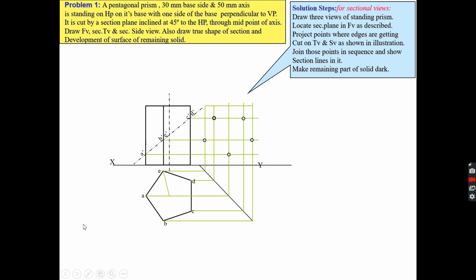And from the top view you can see this point E and point B. If you look at the solid from this side, your edges E and B will also be visible to you, and the edges D and C are at the back side of the solid, so these two edges will not be visible to you.